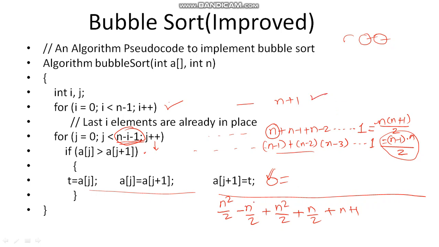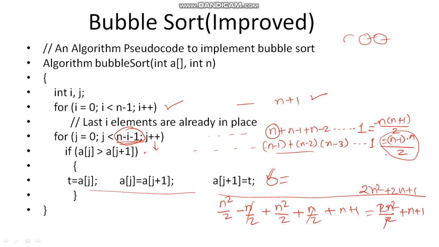So what happens is, n by 2 and minus n by 2 are gone, and n square by 2 becomes 2n square by 2 plus n plus 1. So this one will be better than 2n square plus 2n plus 1, because it is 2n square divided by 2, a division factor. So it becomes n square plus n plus 1, and you can say the speed is now doubled. 2n square and 2n, the speed is doubled here. This is in the worst case.